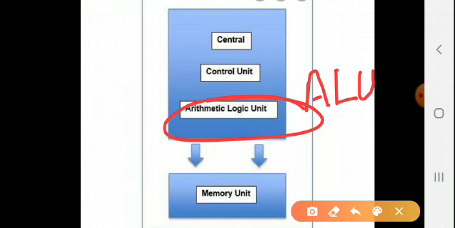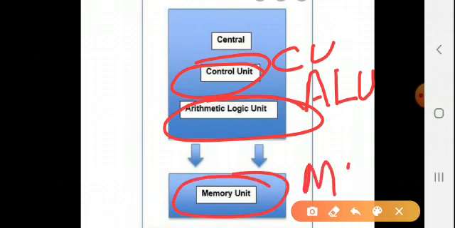Then second one, control unit, or in short we will say CU. CU or control unit controls action of the computer and tells other parts of the computer what they have to do. Okay, understood? Then last one is MU or memory unit. Memory unit is a unit that stores data or information temporarily.